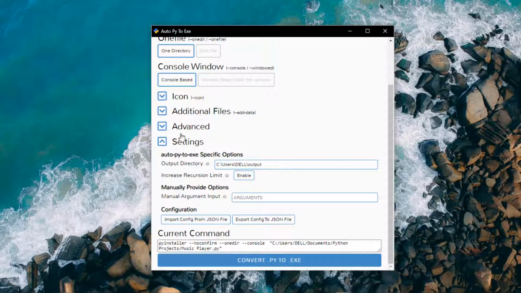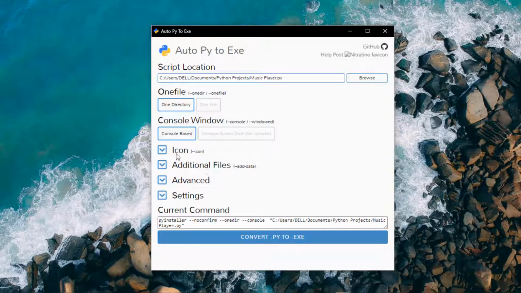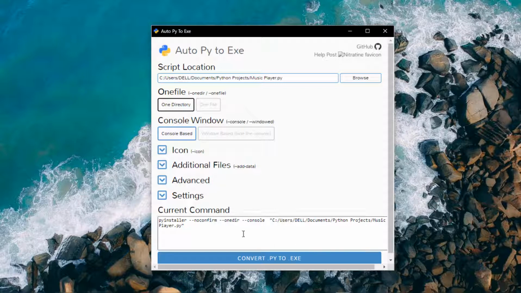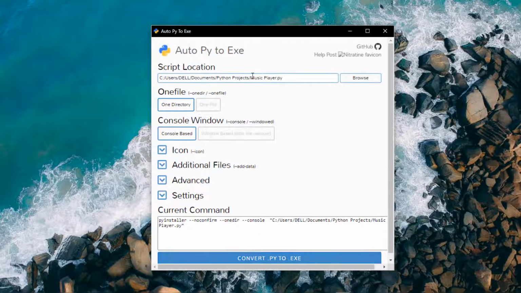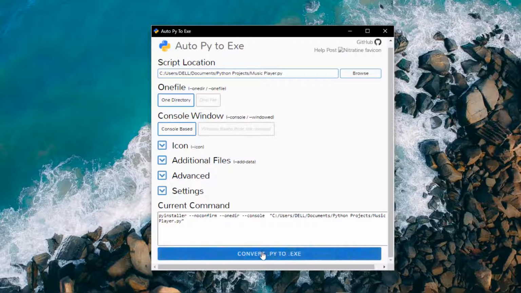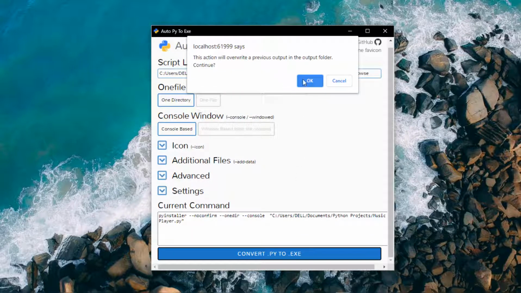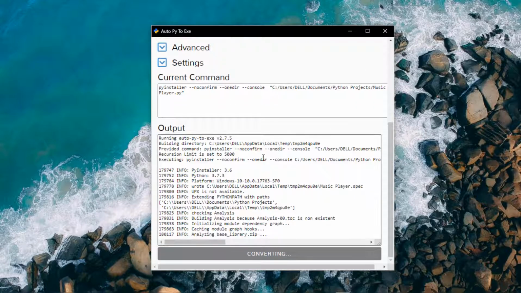So that looks great, right? You can just try all of these because I'm not going to be explaining these things here. Now basically it would be console based and it should be one directory. Okay, this looks great, and here is our code basically. Now you can see this code right there. So now to make the Py file into an exe file, you have to click here, convert Py to exe, and this will automatically create the Python file as an exe file. So just click here, and click OK right there, and it will take some time, but it will build everything in the quickest seconds.